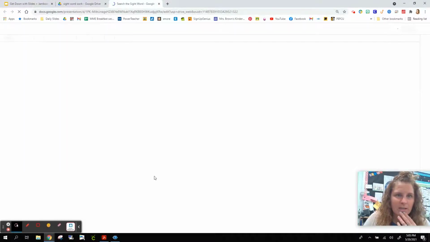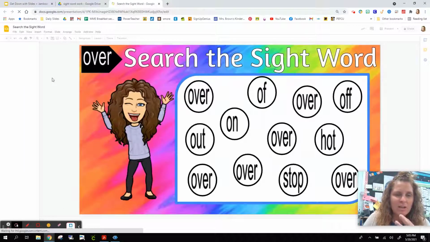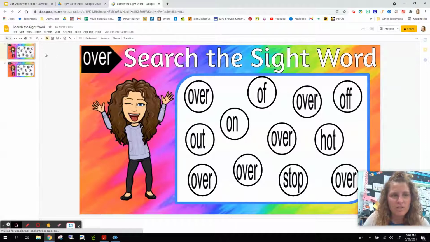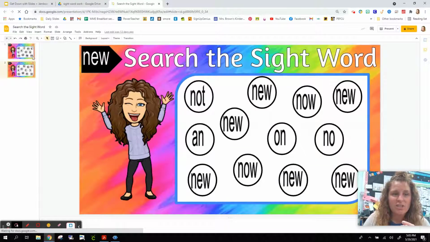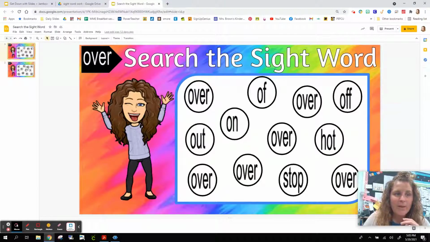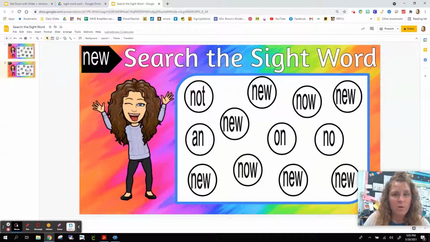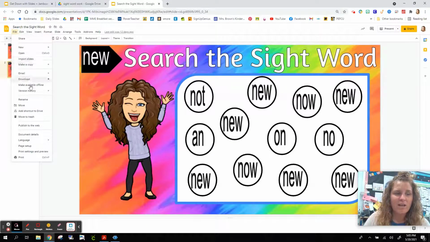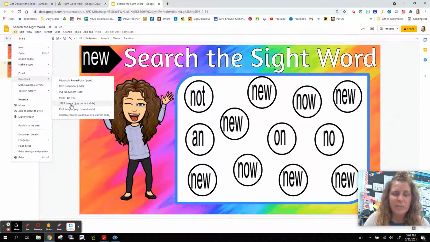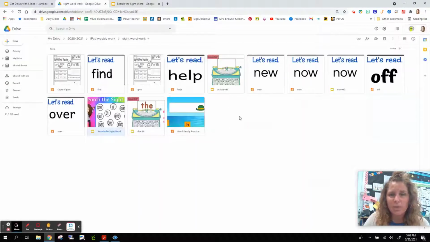So this is something that, and I'm kind of skipping ahead, and I apologize, but this is something that I created in Google Slides. I just did this here at the end of the year, so it only has the 2 words on it, but I'm going to create it for all of them. So I created this in Google Slides, and then I went to File, download as a JPEG. And then I was able to upload it